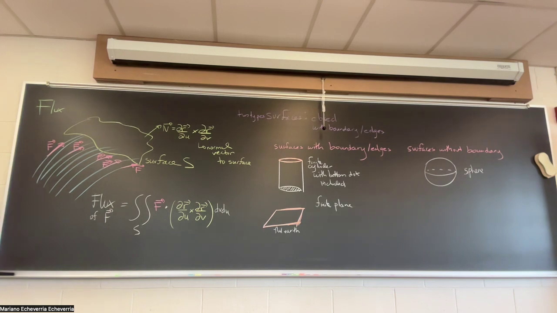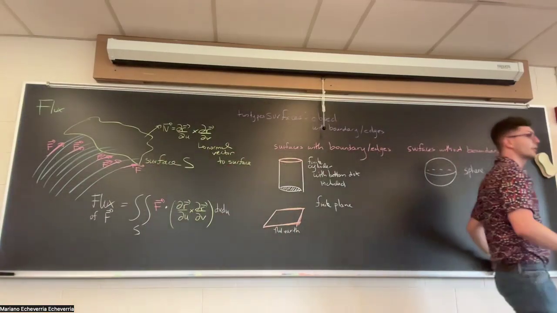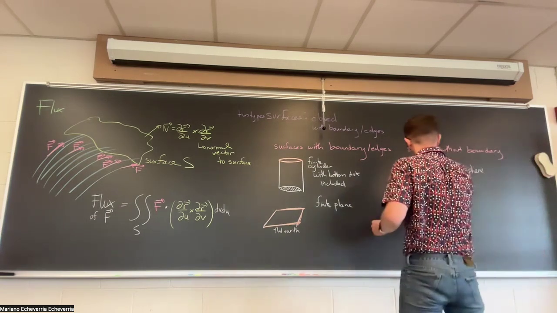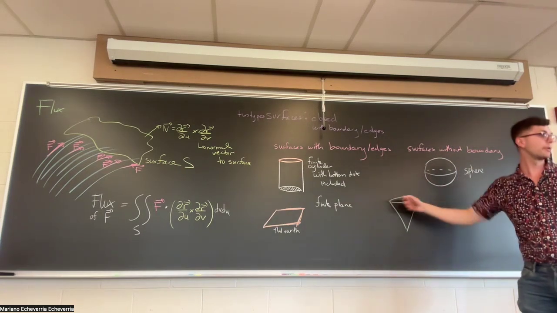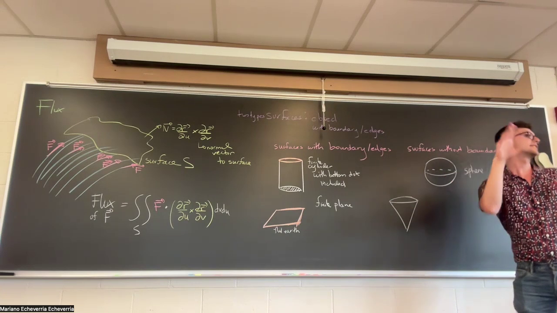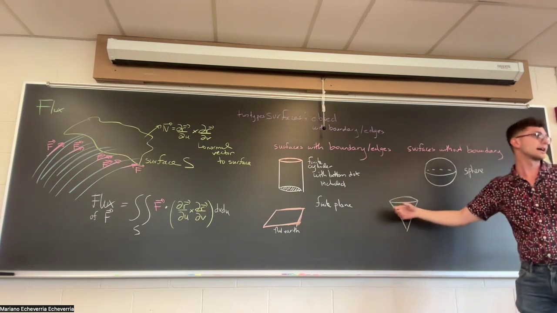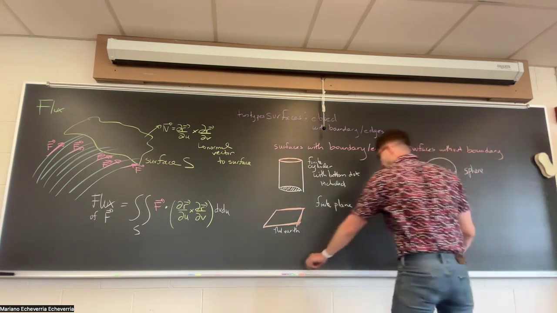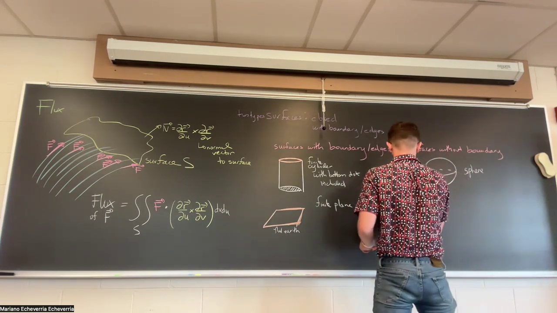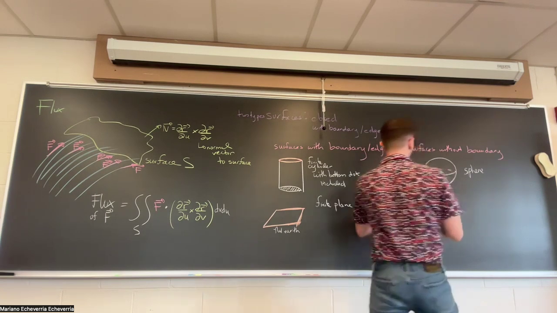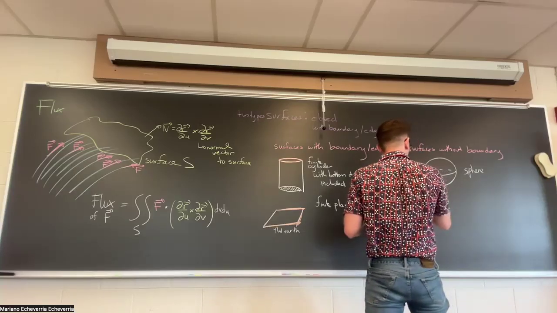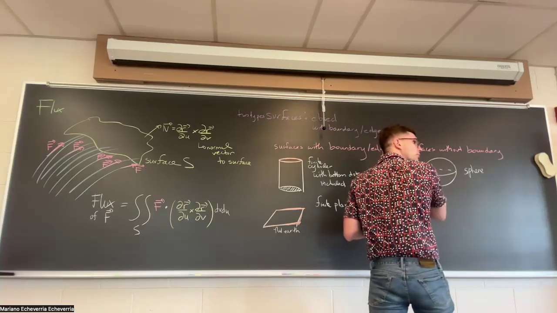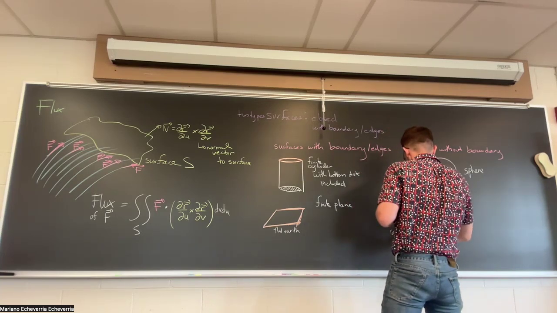Then there are things that you can fix to make them without boundary. For example, you could take an ice cream cone. You could draw a cone. If you have a cone like this, it does have a boundary, which is this top circle, but there are ways to fix it. One way is to add a disc on the top. So a cone with a disc has no edge anymore. Once you reach the original edge, which was the circle, you can just keep walking on the disc. So, cone with disc.